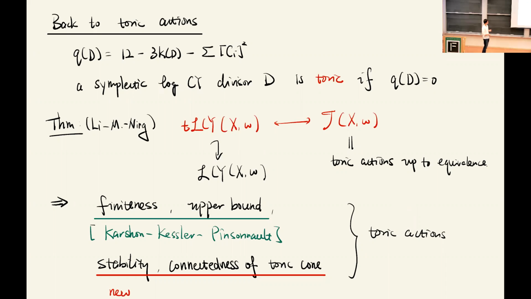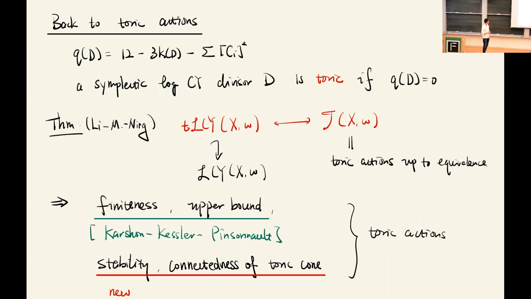And also we get something called the connectedness of the toric cone, which is the region inside all symplectic classes such that there admits at least one toric action. This region is actually connected. These two results are something that at least I don't know how to see from a more classical perspective. Right? So hopefully I have convinced you that this divisor perspective is new and interesting and useful to